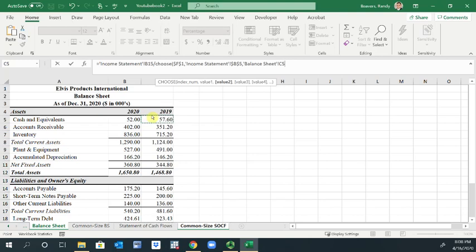And I'm going to anchor this as well, fully anchored. And then I'm going to put another comma in and go back to